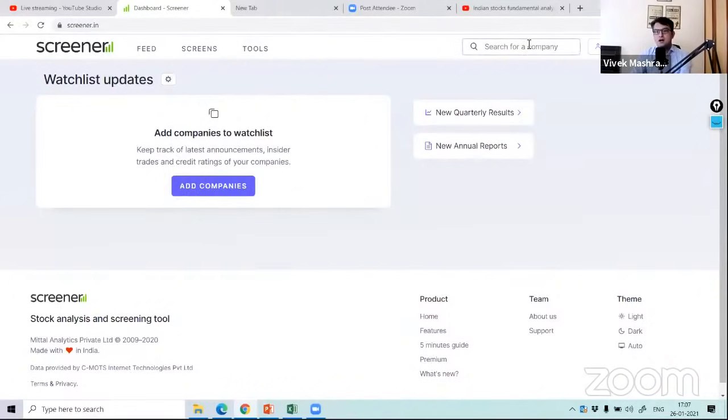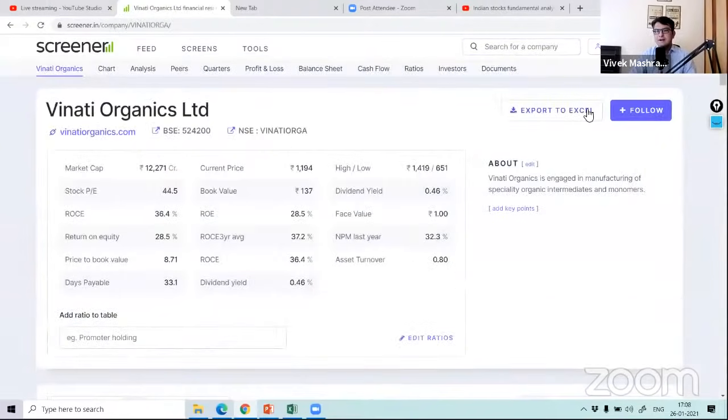Okay. So then the task is very easy. You need to sign up for the first time. If you are not signing up, you might not reach this step. So if you have not done that, just do that. You just have to create a free sign up and it should start working for you. So once you do that, you need to just type any name of a company. Say for example, this is one of my favorite companies, which I've been invested in for many years. So just type the name of the company and you will see this button.